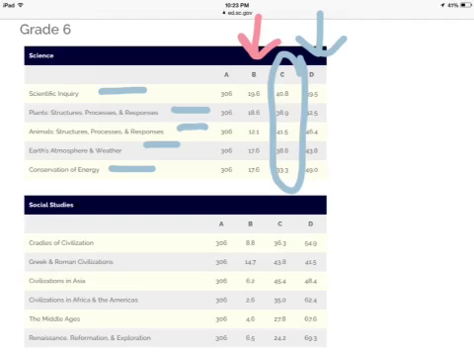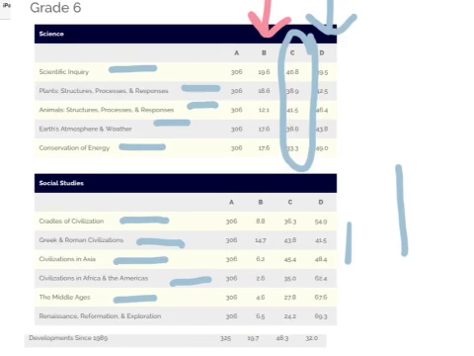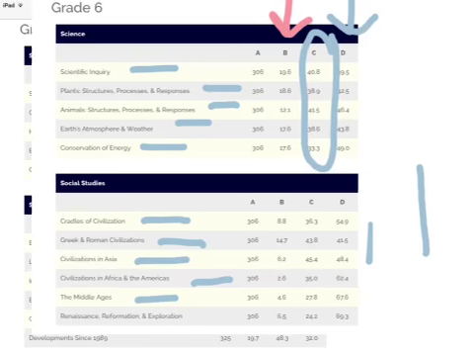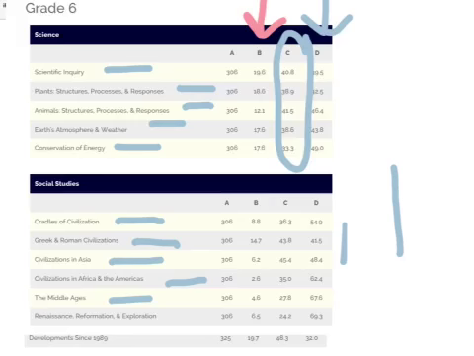As we move to 6th grade social studies, the standards or strands include cradles of civilization, Greek and Roman civilizations, civilizations in Asia, civilizations in Africa and the Americas, the Middle Ages as well. We also have included in this particular area the Renaissance, Reformation, and Exploration. Once again, we'll focus attention on column D, where we'll notice